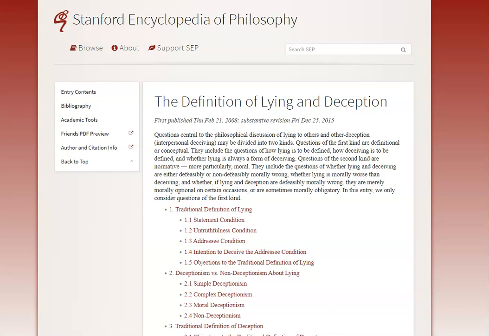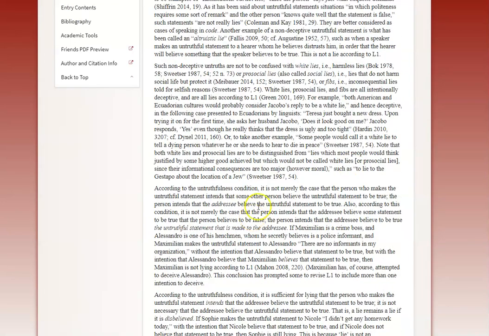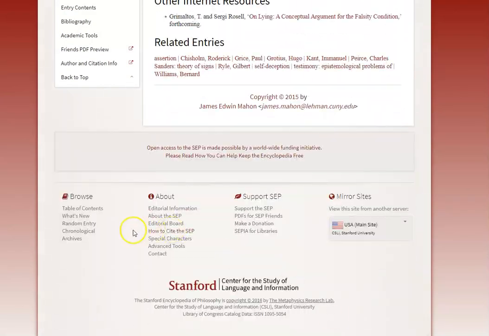This lets us know they filed it under entries, lying definition, but it's under Plato, which is the name of their Encyclopedia of Philosophy. Now, this is going to have an amazing amount of credibility. It's published by a philosophy department in one of the major Ivy League universities. You can see that if they say something, they're giving you citations. They have author and citation information, academic tools, bibliographies, and if we come down to the very end, we'll see